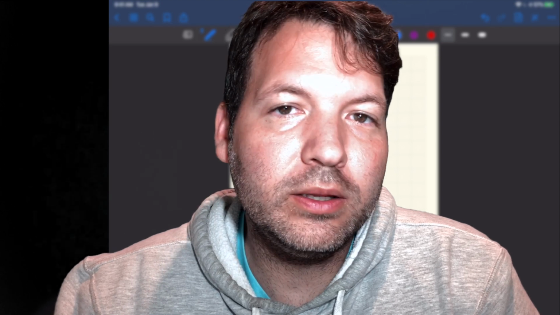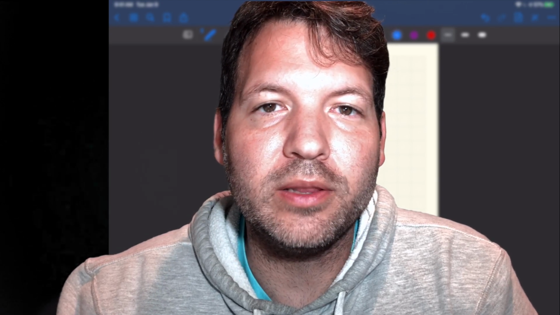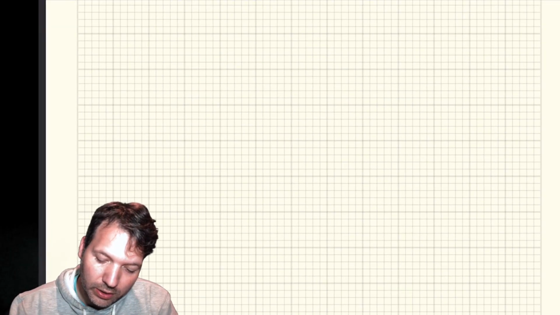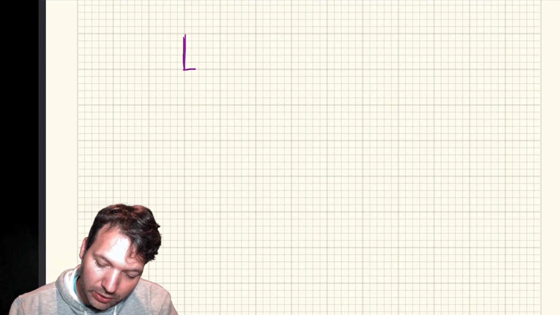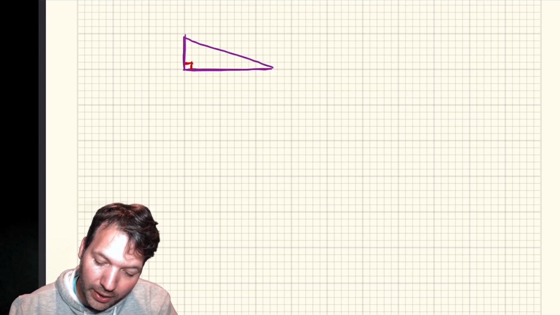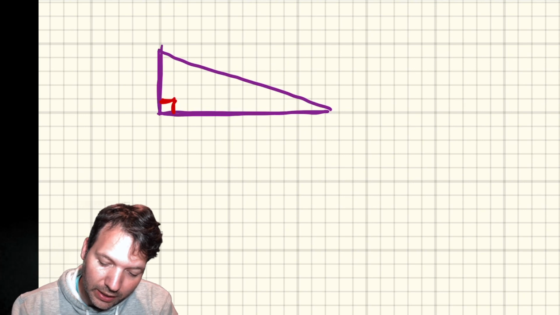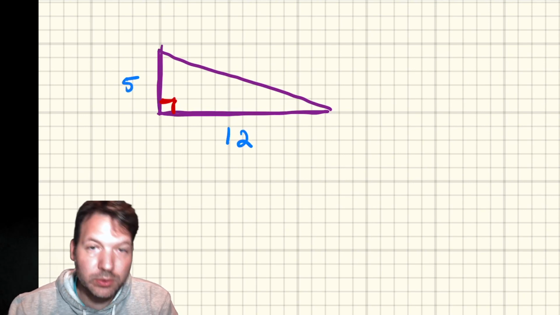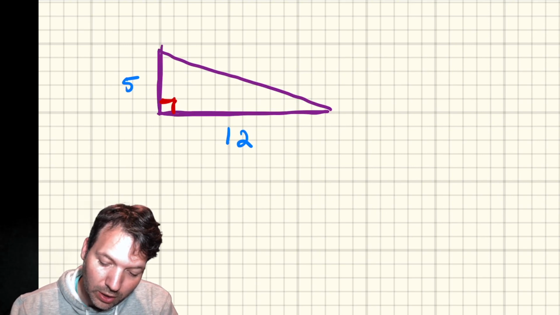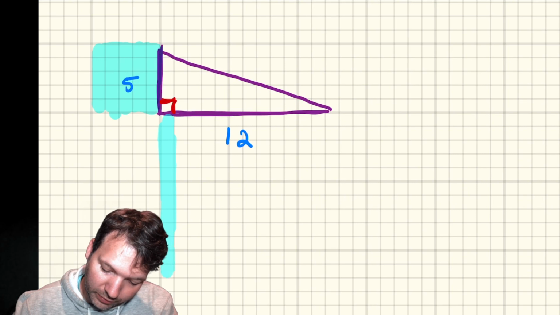Pythagorean theorem, you might think, well, pretty simple. You know, what else is there to know about the Pythagorean theorem? Haven't we basically got it mastered at this point? You've got a triangle, and it turns out that if you look at that triangle in terms of its side lengths, of course, a right triangle, I should say. Pythagorean theorem is all about right triangles. And if in your side lengths, you've got your two legs, which are always going to be shorter, and you look at literally the square built off of those legs. So a 5 by 5 square here, and then a 12 by 12 square here,